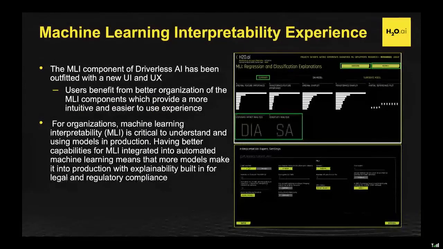So overall, we wanted to optimize the UX. As a platform company, as a software company, as an AI company, we want to continue to improve the UI and UX for folks in a way that makes sense. So we changed to a new landing page and a smoother GUI so you can look at summary, DAI models, surrogate models,